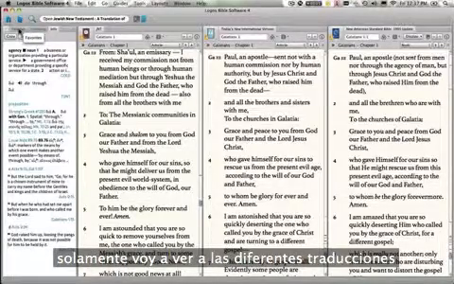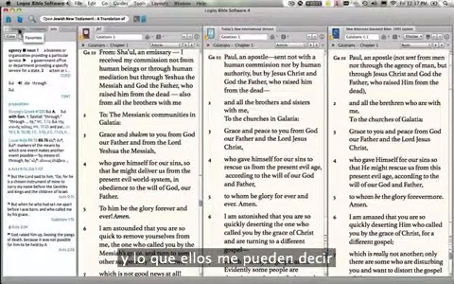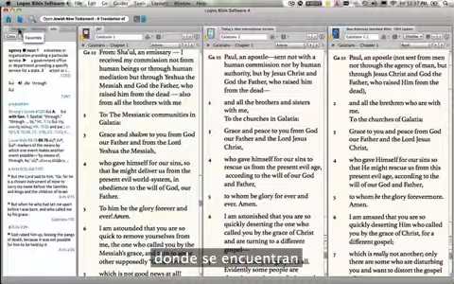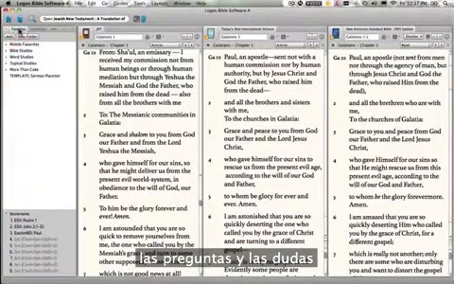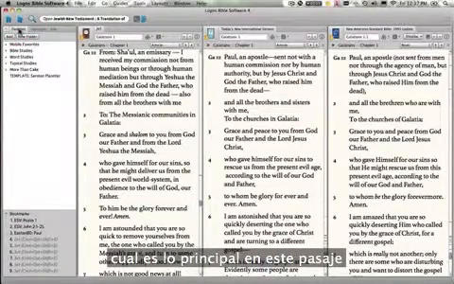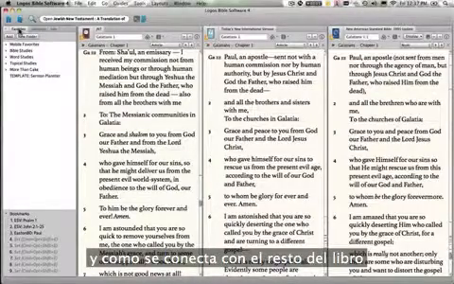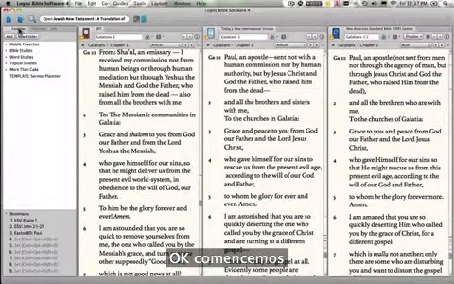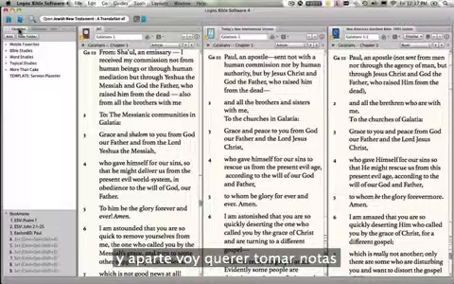I just want to let the translation through multiple translators speak to me and tell me where are the questions, where are the doubts, what is the focus of this passage, and get the overall flow of what's happening. All right, so now with those 3 panels open along with my Bibles, I also want to be able